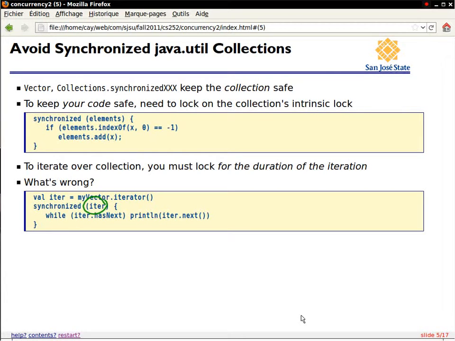The syntax is rich. Because in Java, every object can be used as a lock. And so the iterator, even though it makes no sense to synchronize on it, can be used as a lock, and so the compiler can't find this. This is a surprisingly common error, actually, in published code. And so what happens here is